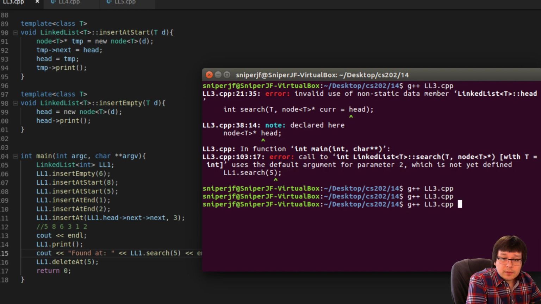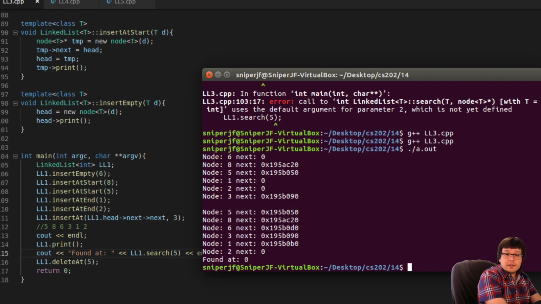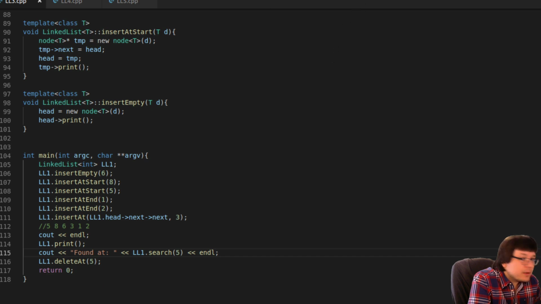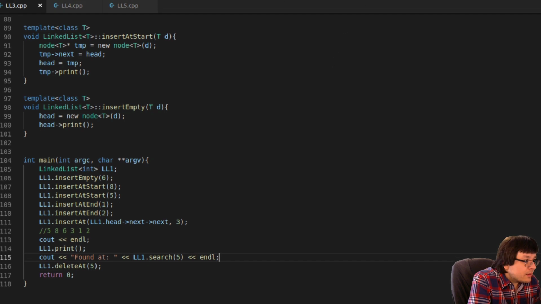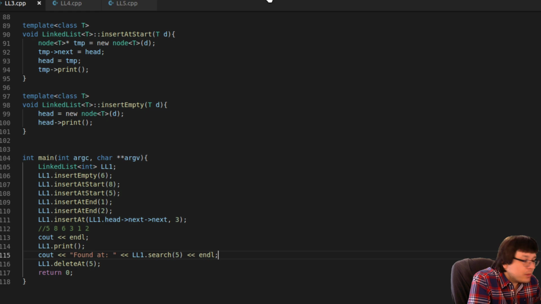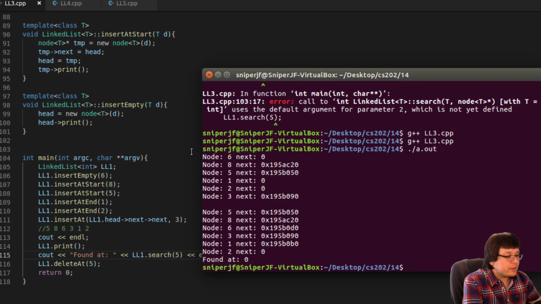I don't remember what the ordering of the linked list is. So we have a 5, 8, 6, 3, 1, 2. That is coming from this print function here, the one on line 114. Maybe scoot this over just a little bit so you see the line numbers better. Like that. I try to keep it as small as possible so we have most space.